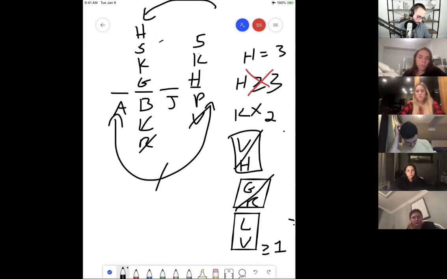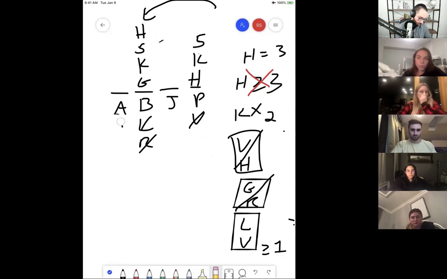And then we also know that P and A are mutually exclusive. So anything in the P column will not be in the A column. You could do this double not arrow, or if you find it to be a little bit messy, as I probably would as well, I would instead just list, okay, well, SKH are in the P column. Therefore, none of them will be in the A column.